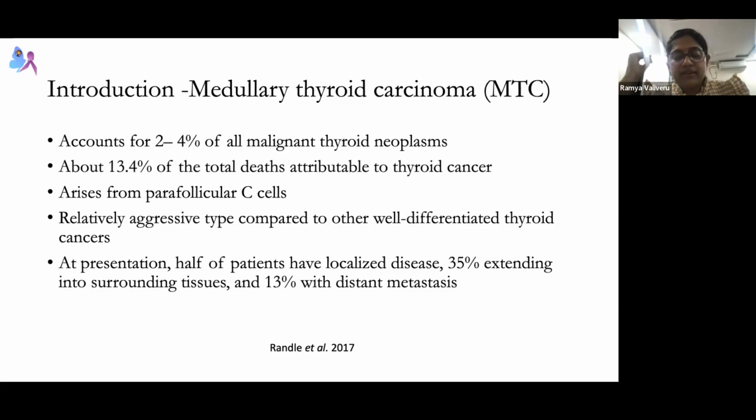I remember whenever in HPJ we saw a young patient with a malignancy in the thyroid, even though the FNAC says it is Bethesda 3, 4, follicular, whatever, still we would get calcitonin and CEA done, because we don't want to miss the baseline calcitonin and CEA. Why? What is the reason? Can anyone tell me why? What is the sensitivity of FNAC for MTC? Is it good, bad, better than PTC, worse than PTC?